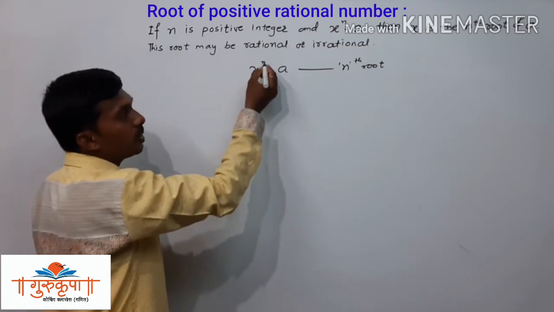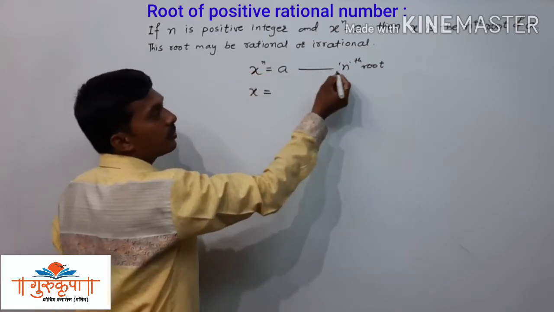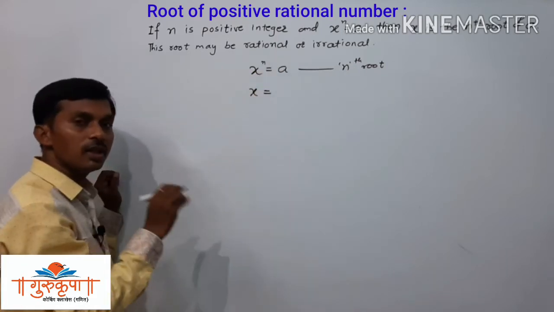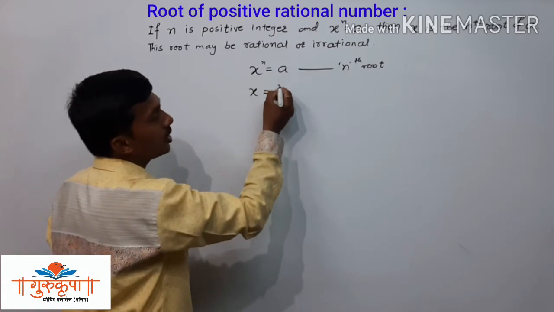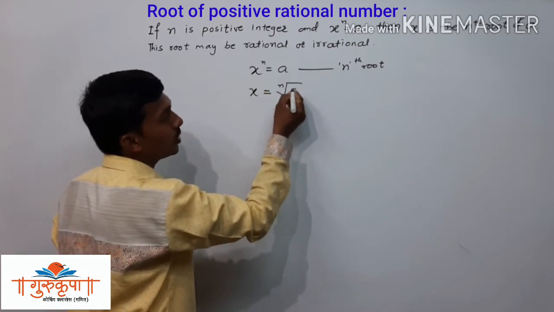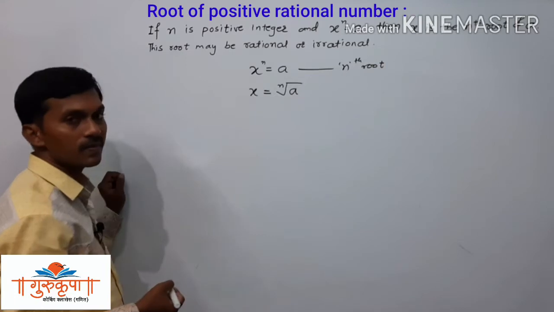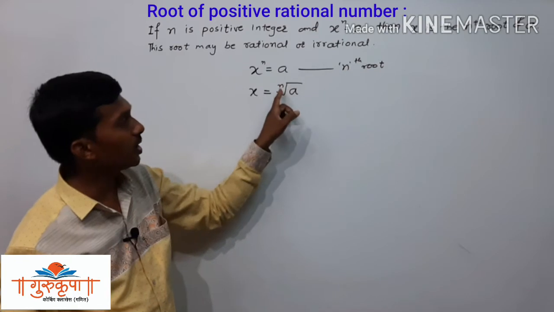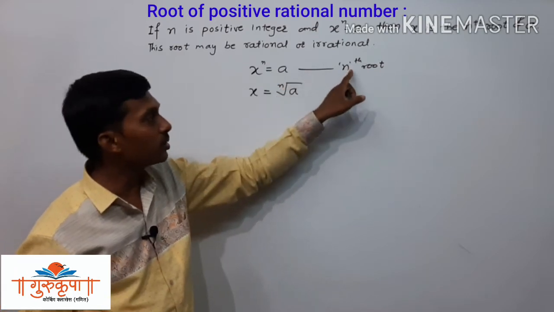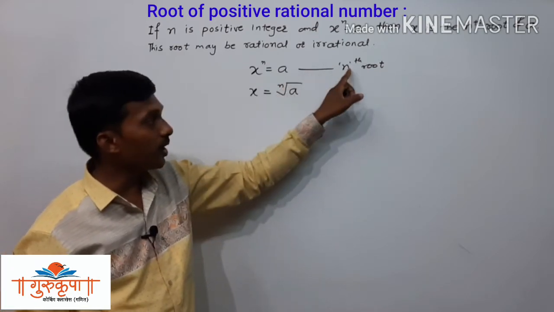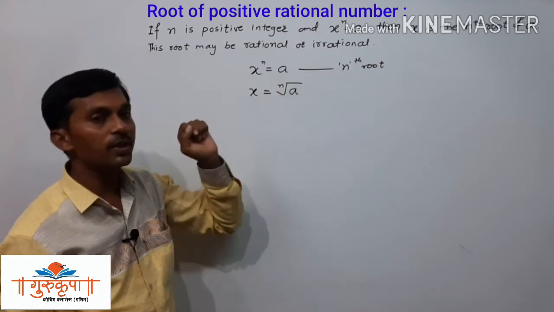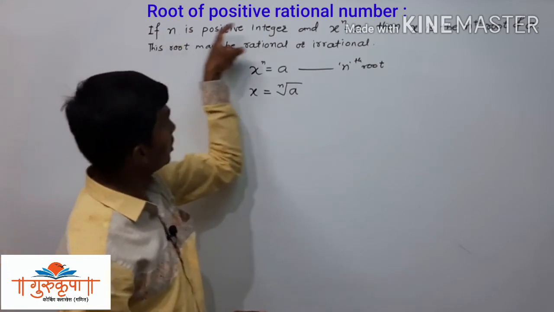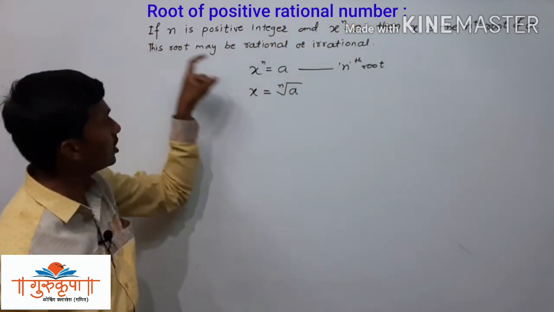So here we have x to the power n is equal to a, and we find the nth root. So the nth root of x to the power n is x only. And here we have a, and we have to find the nth root of a. So we write here nth root of a. If we find the fifth root, then we write 5 here. If we find the seventh root, then we write 7 here. If we find the 11th root, then we write 11 here. If we find the 15th root, then we write 15 here. So it is too easy. Whatever the part given here in the words, the same part we write here.